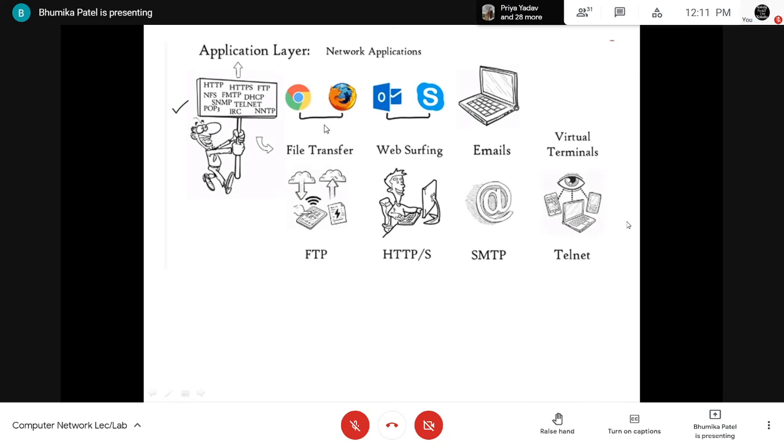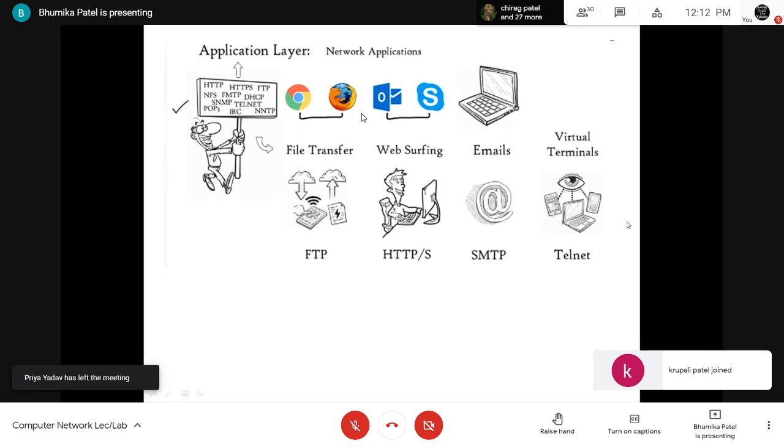Okay, the application layer provides services to network applications with the help of the application layer protocols so that they can perform their activities. Okay, so you have to remember, if I'm talking about the application layer, it doesn't mean that it includes the application. It includes the application layer protocols, and these protocols are used by the network application so that they can perform their functions correctly. So with the help of the protocol, they provide the services to the network applications.